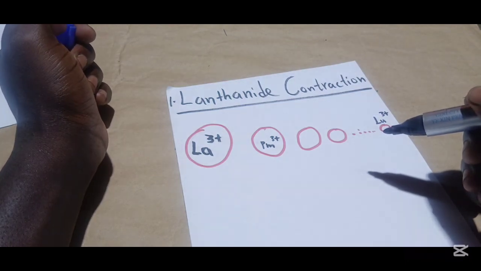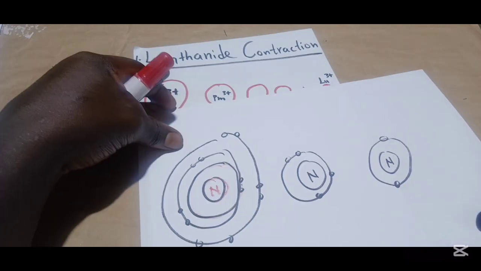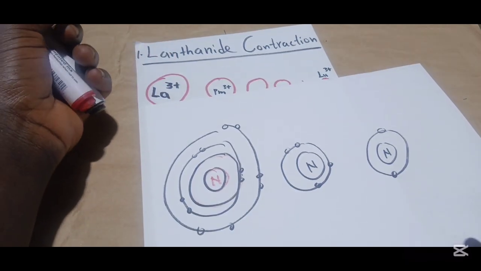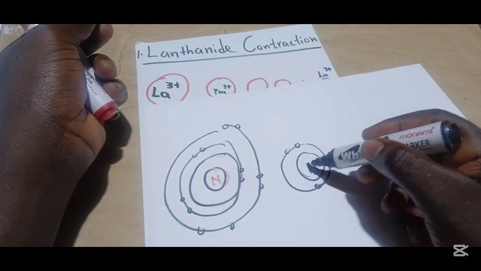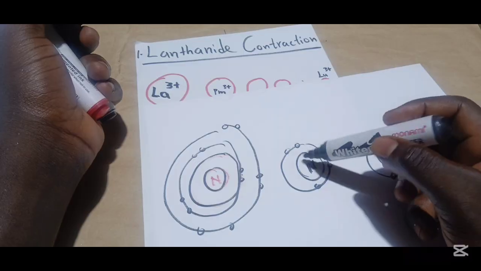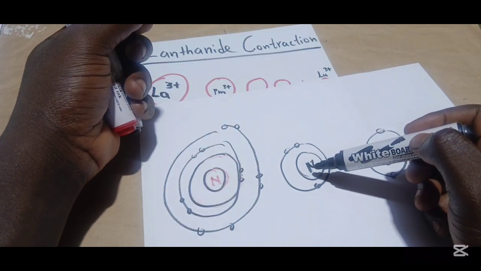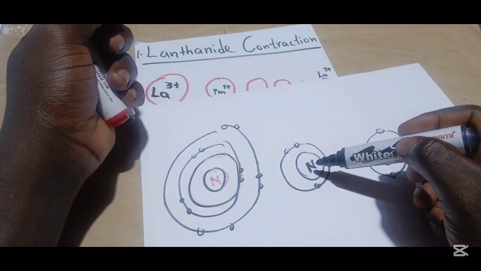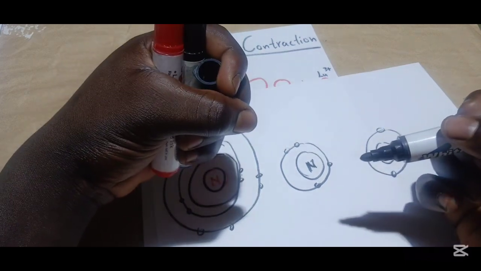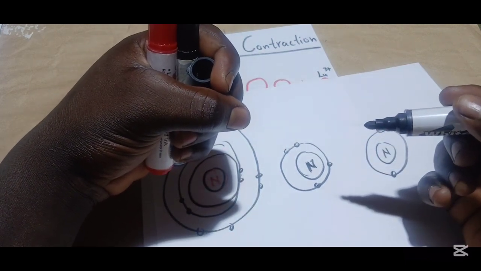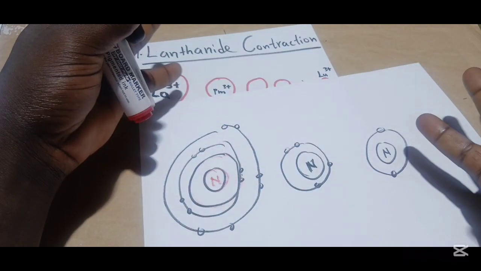Now, let me explain what this exactly means. So generally, this is the structure of an atom, right? So we know that this is the nucleus, which is positively charged, and these are the orbitals with electrons. So the nucleus is positive, and it contains protons and neutrons. So it pulls the electrons, the outermost electrons, towards itself. So the effective nuclear charge: the nucleus has a certain force that pulls the electrons from the shells towards the